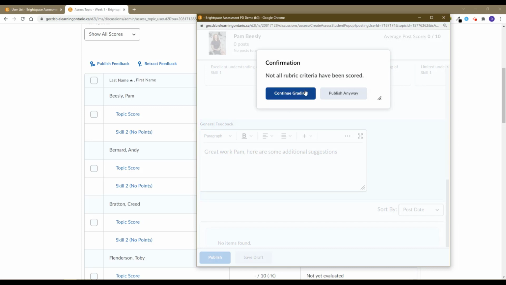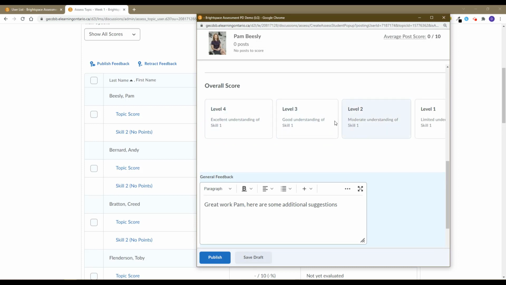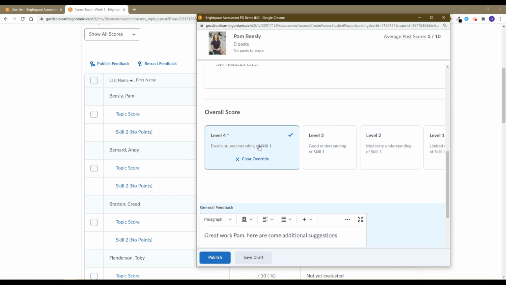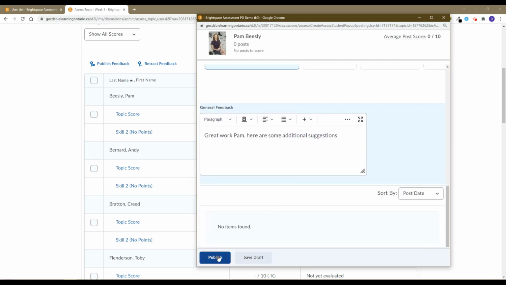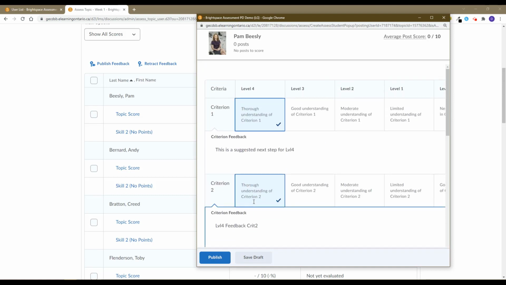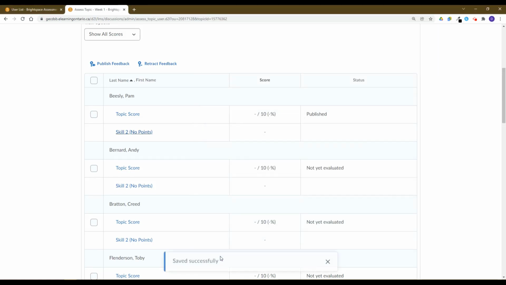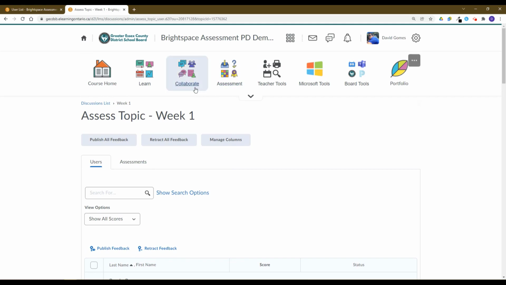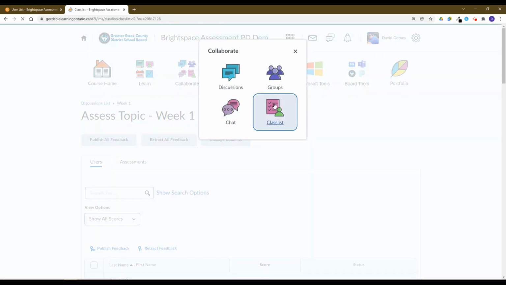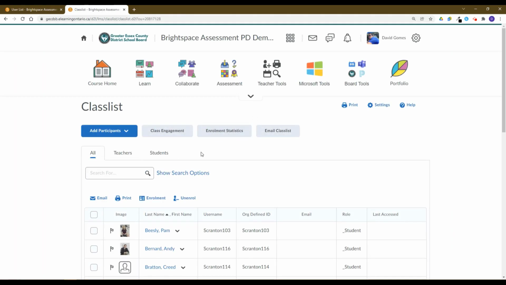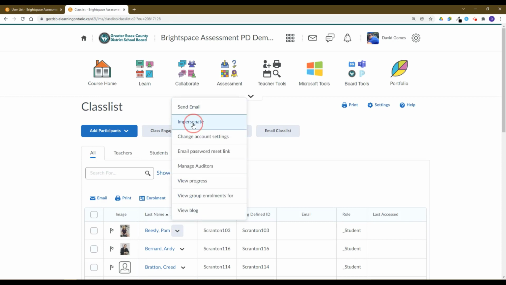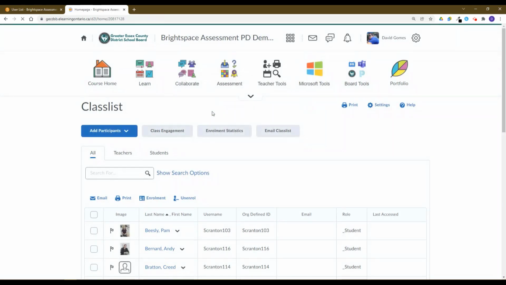Now that's okay. Not all the rubric criteria have been scored. You know what? I will continue grading because it's just the overall score at the bottom. I'll give her the level 1 at the bottom overall. I think I got everything else. Yep. I'll publish that. And now Pam will have that, notice, that published feedback inside there. So if I go and now look at this as Pam, I just want to show you what she will see with that feedback. So if we impersonate Pam right here,